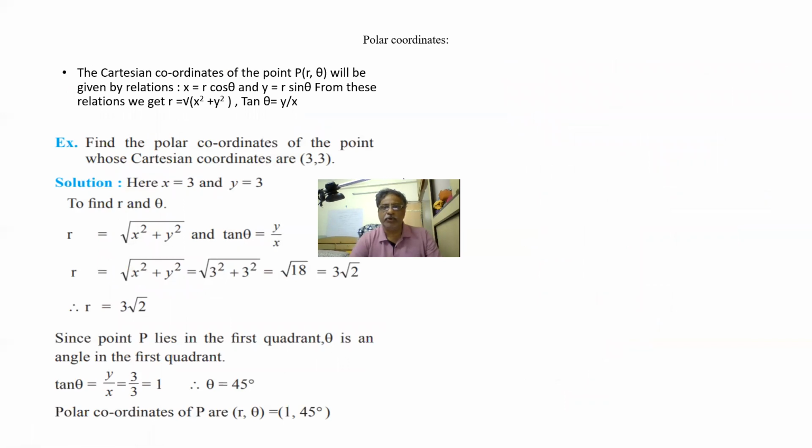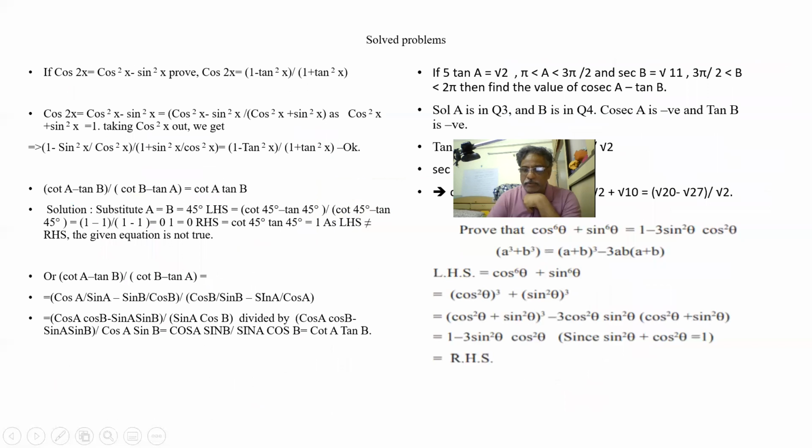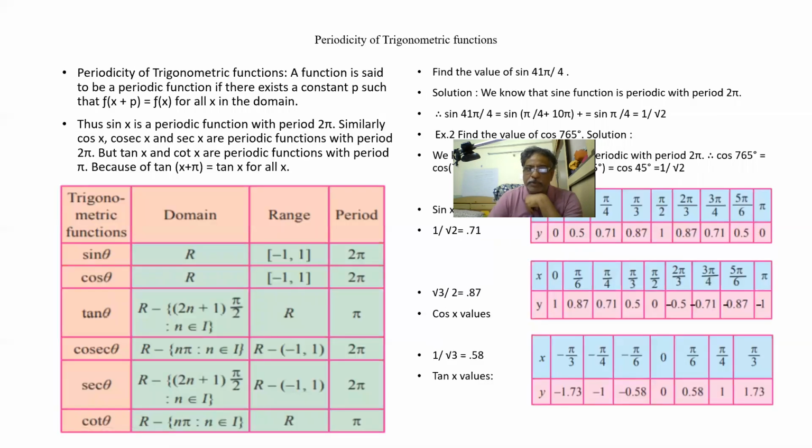Let us understand polar coordinates. We are dealing with x and y, so it can be replaced with one radius and theta. So r cos theta is equal to x, r sin theta is equal to y. You see here, this point is r cos theta, r sin theta. So instead of x and y, I represent this point as r cos theta, r sin theta. Here my variables are radius and theta. So any point on this circle I can represent this way, and this is called polar coordinates.